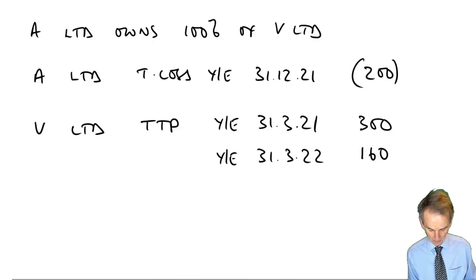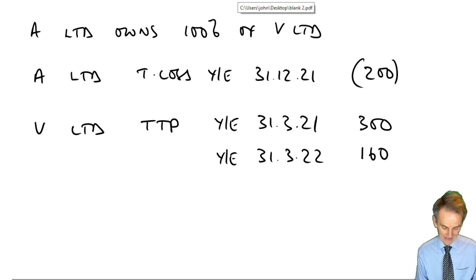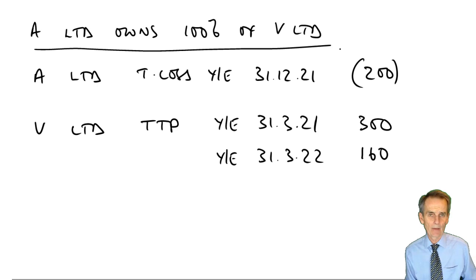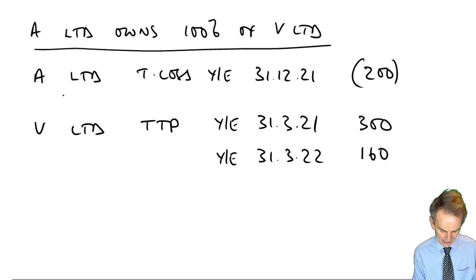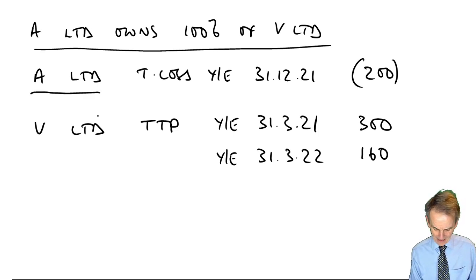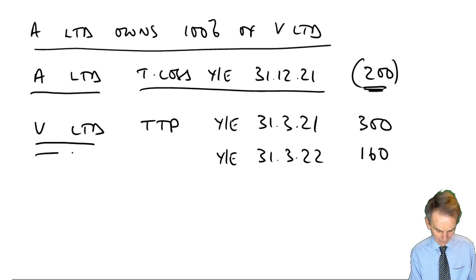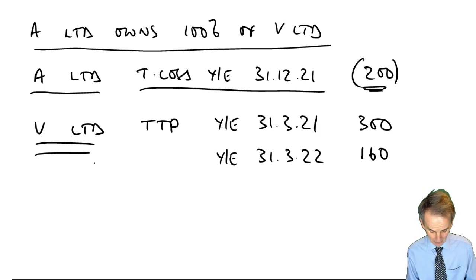So here, for example, we may have A Limited owns 100% of V Limited, so clearly both in a 75% group, and therefore they can group relieve one with another. Doesn't matter who is the profit maker, who is the loss maker, group relief is available. We tell you there that the parent company, A Limited, has a trading loss for the year ended 31st of December 2021 of £200,000. But V Limited, its wholly owned subsidiary company, for whatever reason, examiner doesn't have to justify it,